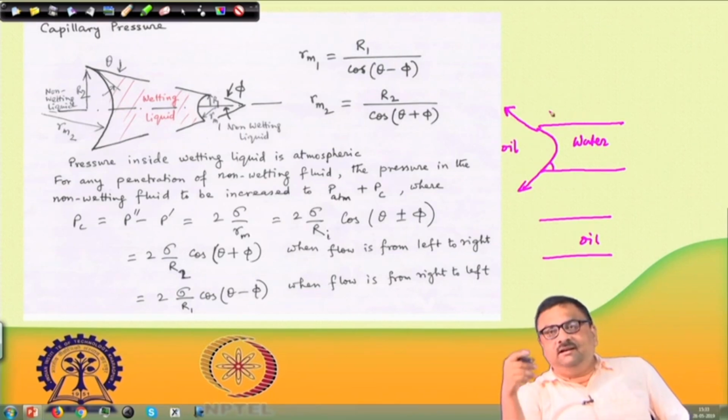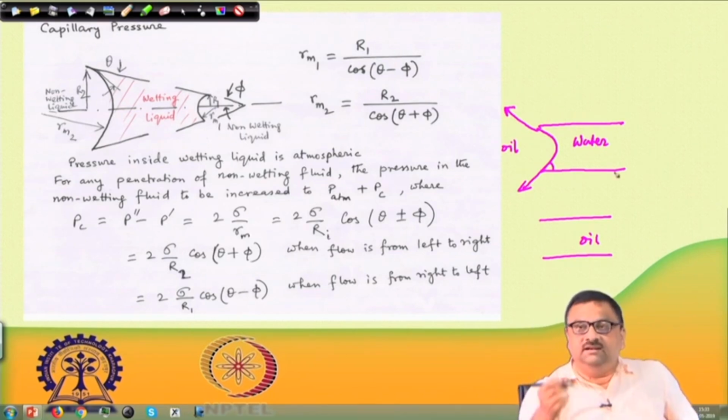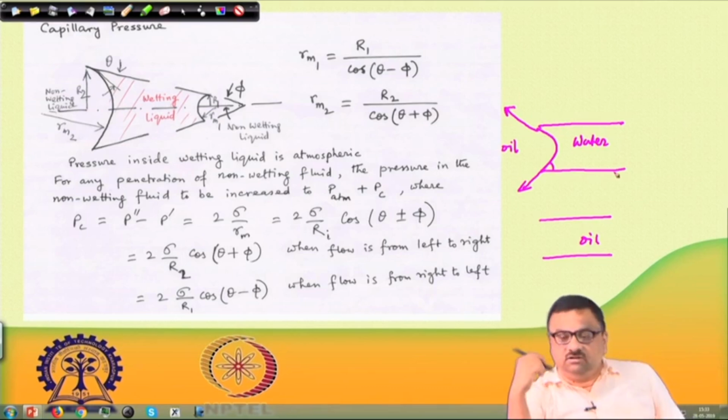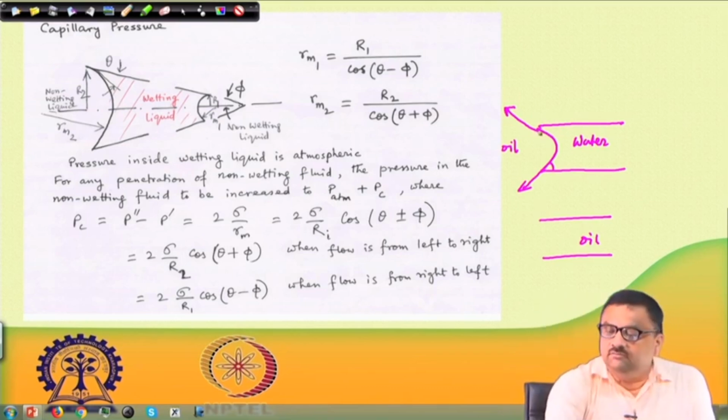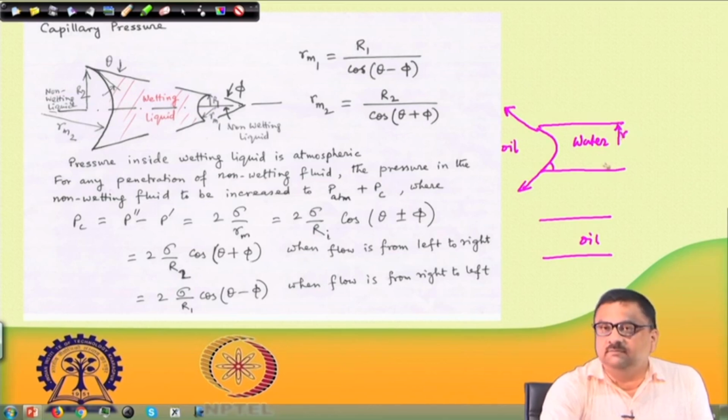In this case, gravity does not matter, since it is horizontal, and the dimension of the capillary is small. So, gravity does not come into play. Now, if r is the radius of the cylindrical capillary,